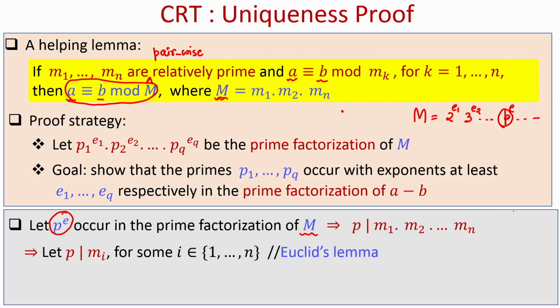Okay. That means this condition holds, and now I can apply Euclid's lemma, which I just proved some time back, that if p is a prime number and if it divides the product of n values, then it has to divide at least one of those n values. So, p divides at least one of the small moduluses, call it mi,